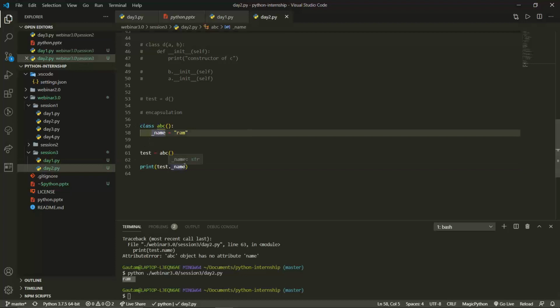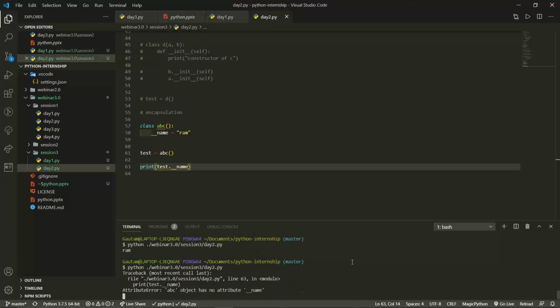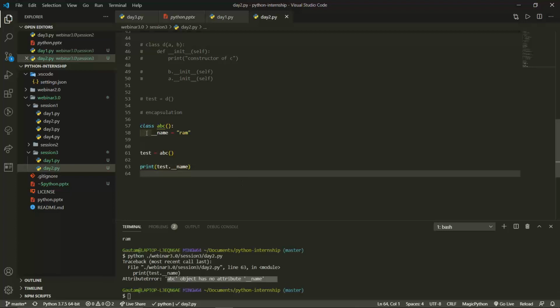Now I will do the same for double underscore, and I will just add an underscore over here. Now I will execute this, and you will find that there is no attribute in the name. So what does this mean? Actually, we have secured the data inside this variable name. Double underscore gives us a special security, so it can't be accessed with the same variable name. So this is what data encapsulation is. When you want to store the data in an encapsulated format, we use data encapsulation. I hope this is clear to you.